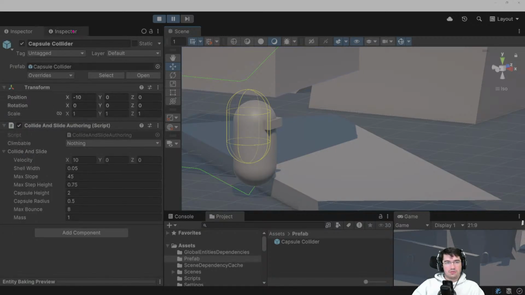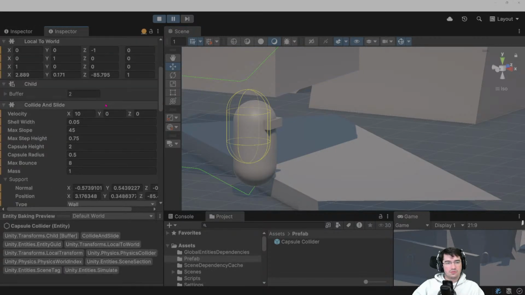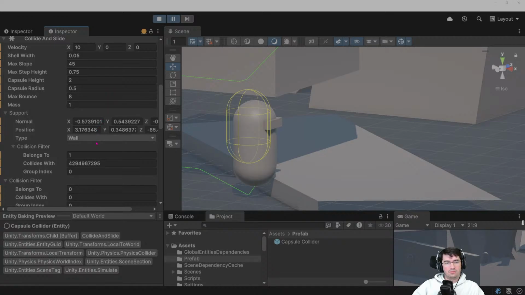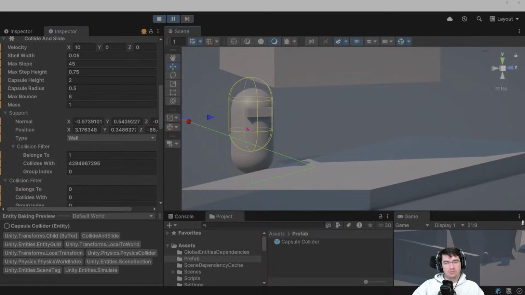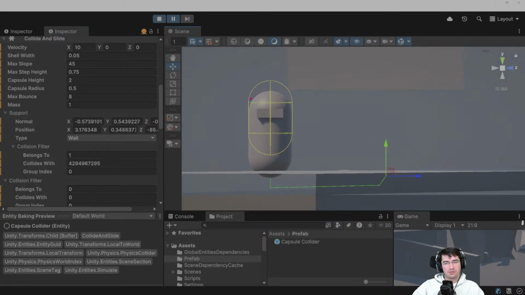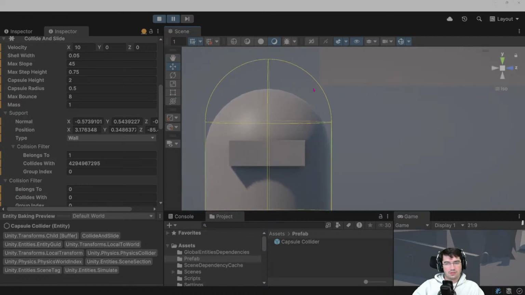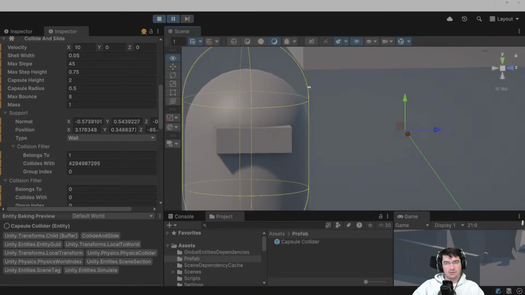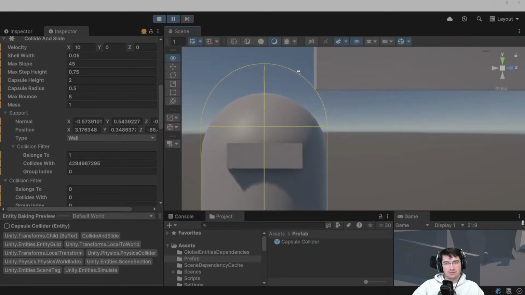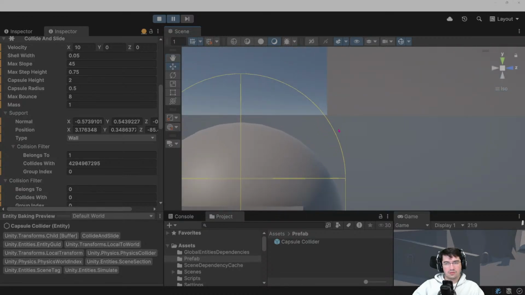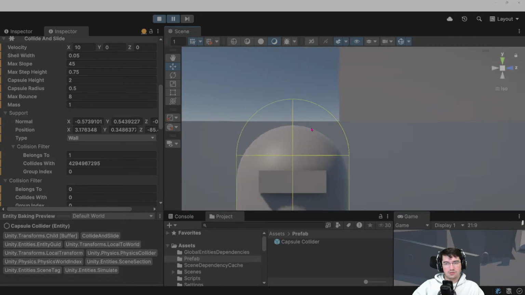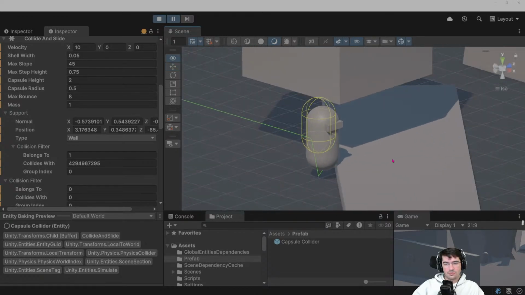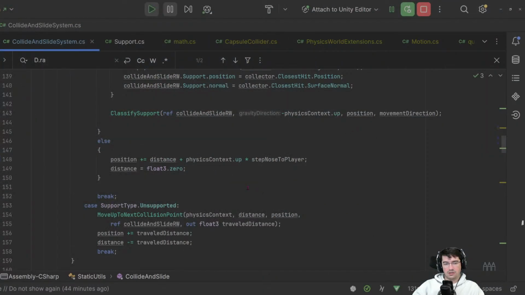What's your current status? Your wall. So you're considering you hit a wall. This is not colliding? No. No, it's not. It's not colliding, so it's not colliding, and